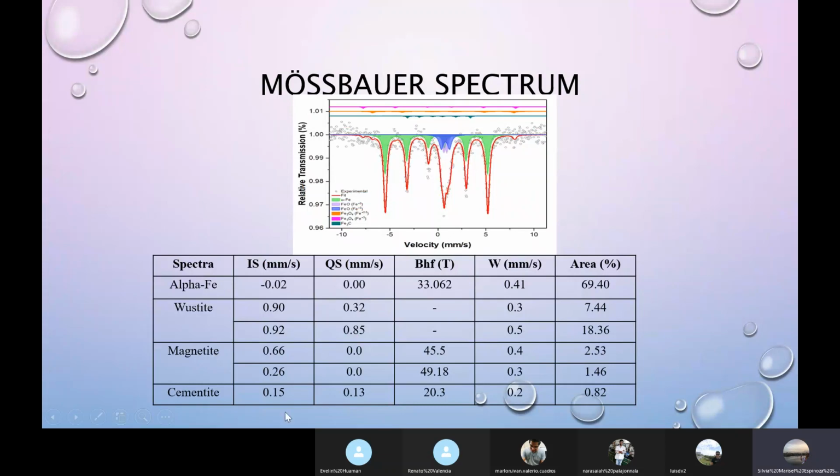The spectrum was a discrete sextet corresponding to alpha iron structure, and two doublets corresponding to Fe2+ and Fe3+. Fe2+ and Fe3+ assigned to non-stoichiometric wustite phase were observed at room temperature. Two discrete sextets were adjusted with hyperfine field values of 49 and 46 Tesla,